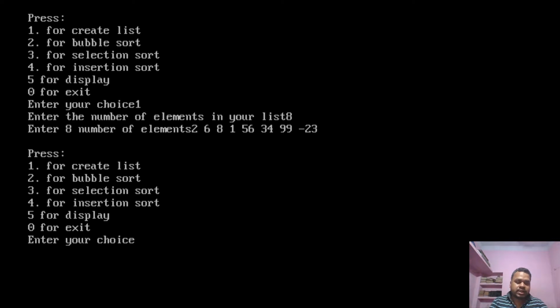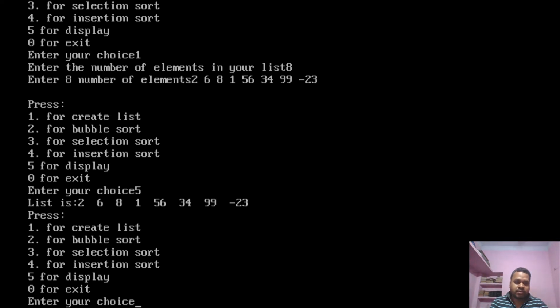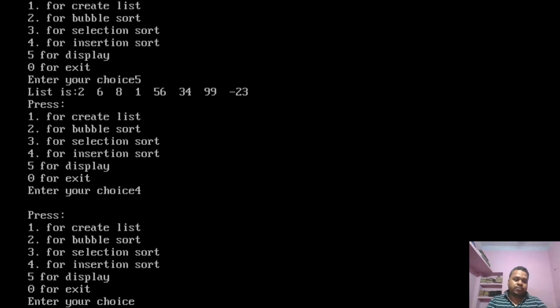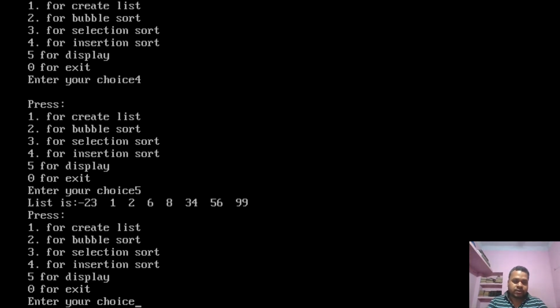Let's check our list by pressing 5. We are given 2, 6, 8, 1, 56, 56, 34, 99, and minus 23. Now we need to sort it using insertion sort, so I press 4. The array is now sorted. Let's check whether the list is sorted by pressing 5.